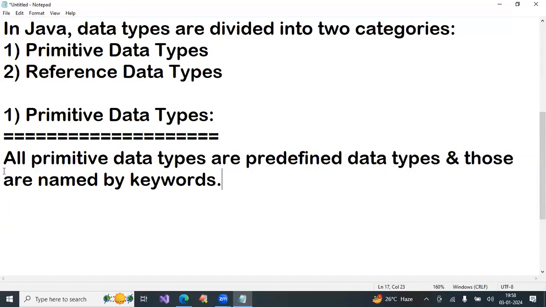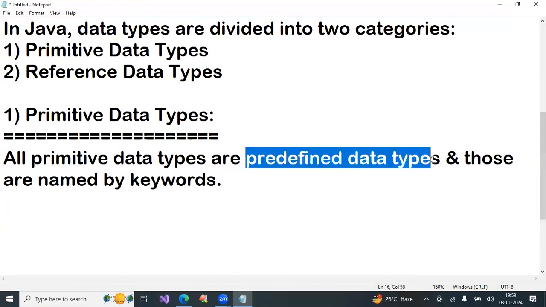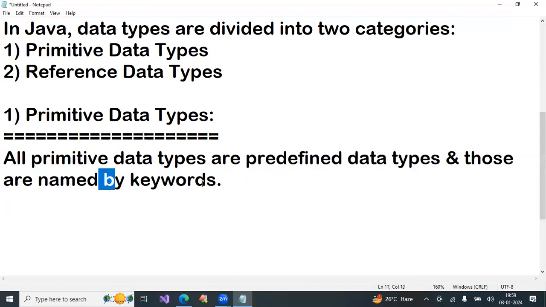So all primitive data types come under predefined. These are keywords also, so in the keywords list these data types are there. That's why they are named by keywords.